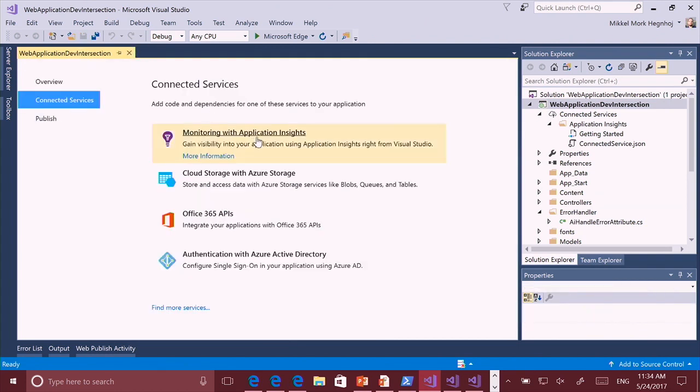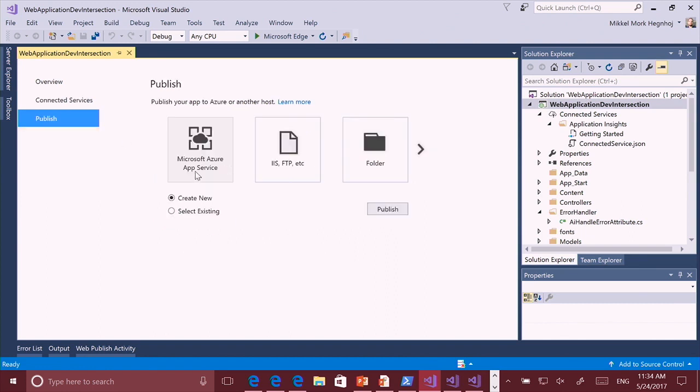So now I configured my application to be monitored with App Insights. And if I needed to use Azure Storage, I can easily attach. If I wanted to set up authentication with AAD, I can start doing that here as well. But let's go ahead and publish this application. And as you can see, we get the option to publish this directly into Microsoft